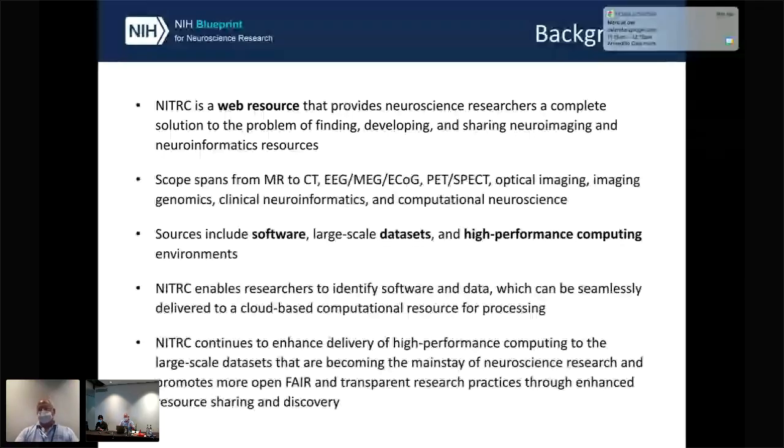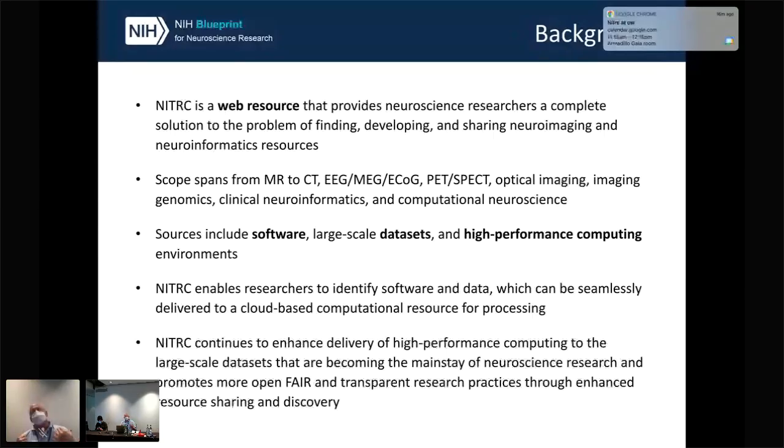So fine, NITRC is a place to find software. NITRC is a place where you can put data. Again, this is still a little bit of ancient history. And then the next logical step is, gee, if I can go to NITRC and find some software and download that to my own computer, I can go to NITRC and find some data and download that to my own